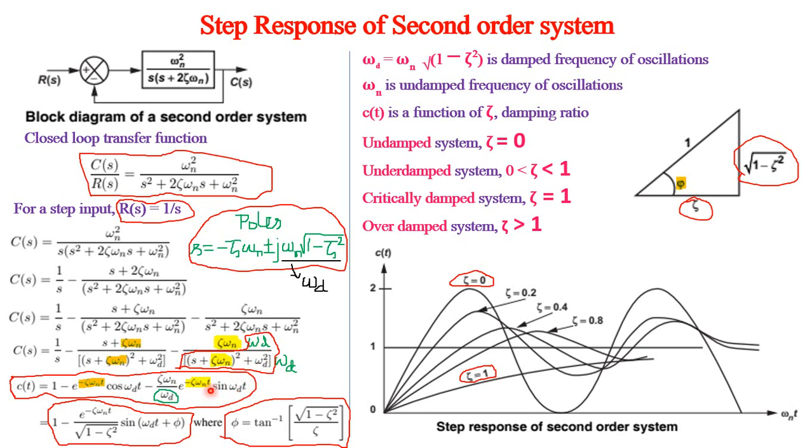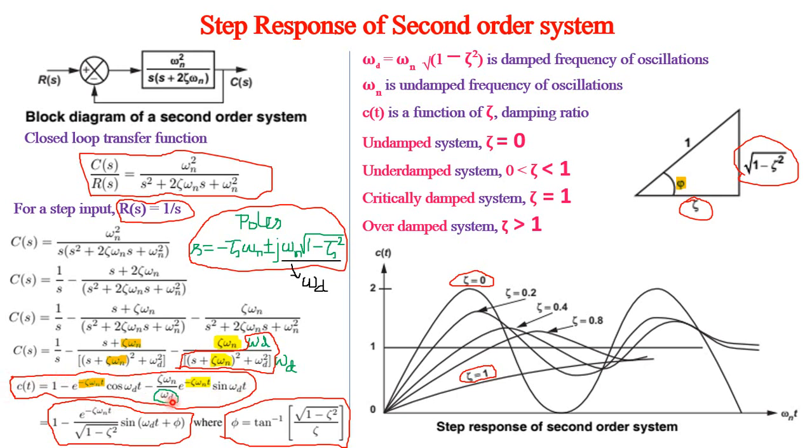So the extra terms are zeta omega n and omega d, that is taken outside. But now we have the zeta omega n term also. Therefore, replacing s with s plus a means multiplying by e power minus at, by the first shifting principle. So e power minus zeta omega n t. That is how we got c of t as highlighted here.